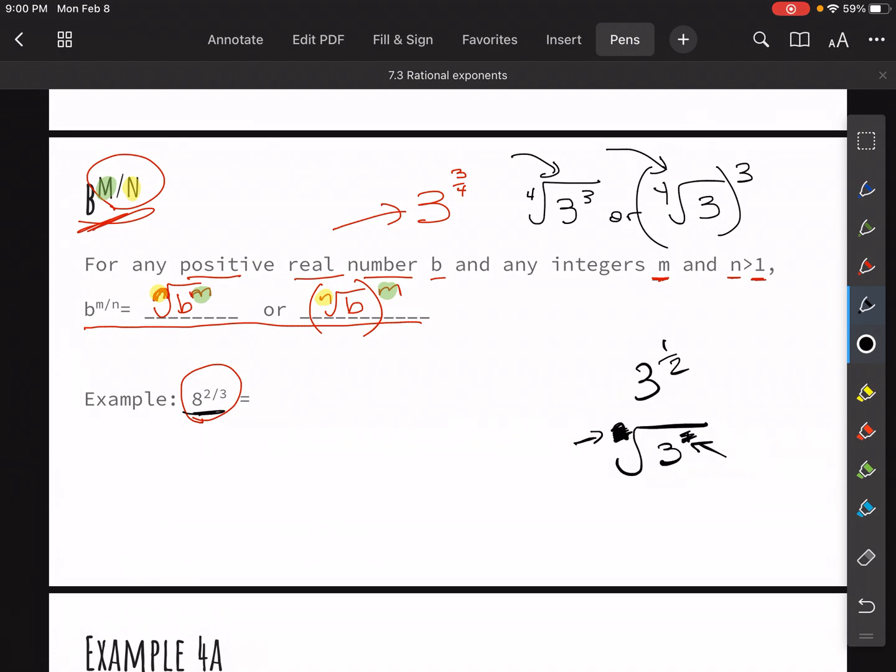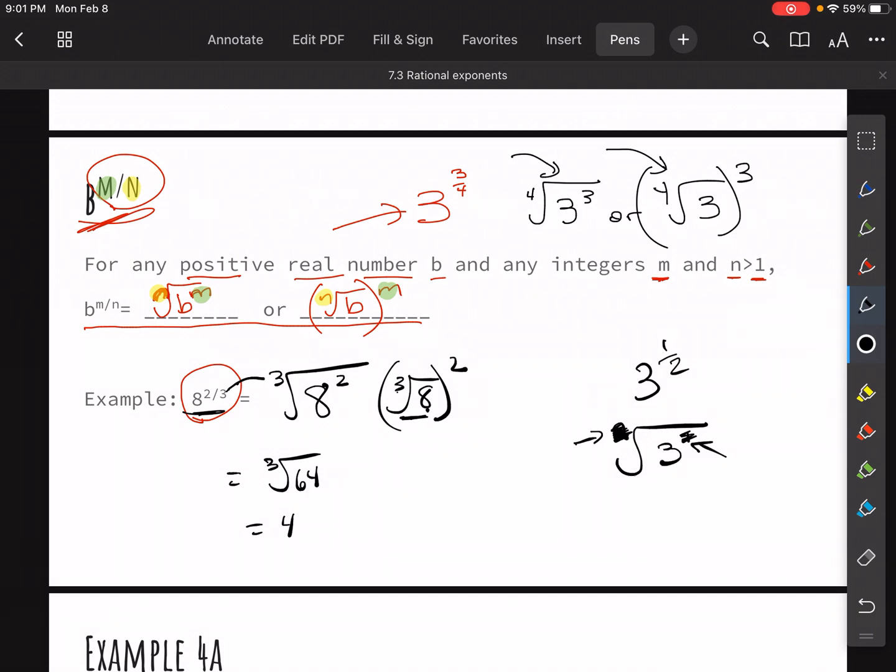Then they give this example 8 to the 2/3. That's the same thing as 8 squared, and then taking the third root, okay, because the denominator is 3. So this is the third root of 8 squared. So that's the same thing as the third root of 64, which we know is 4. Another way to think about this is I could have done the third root of 8, right? Evaluate that first if that's convenient, and then square it. We know the third root of 8 is 2. 2 squared is 4, right? So that's just another way to think about it, which could come in handy